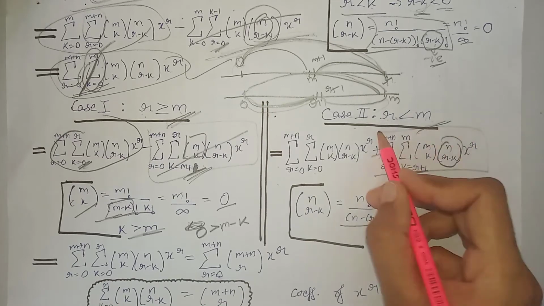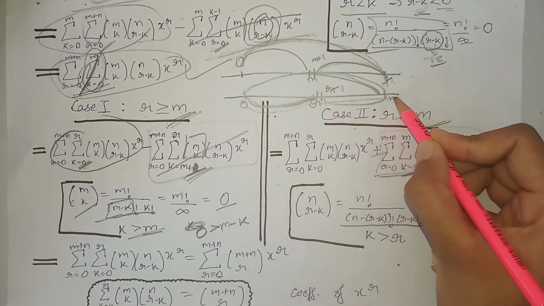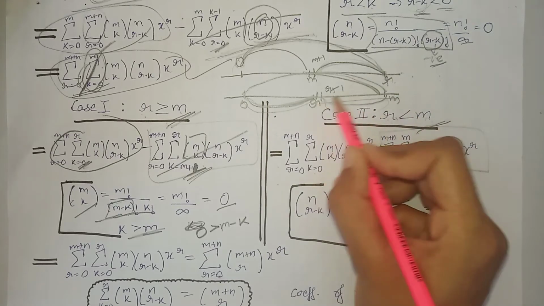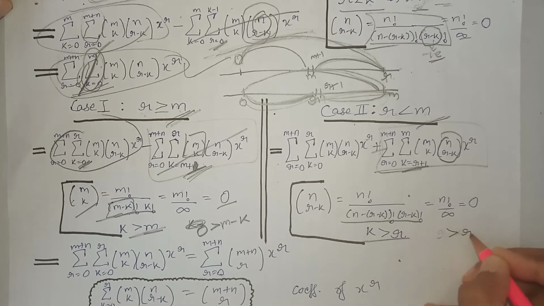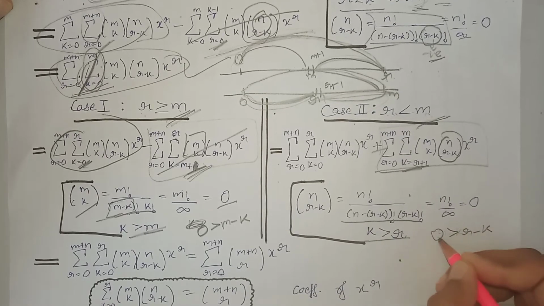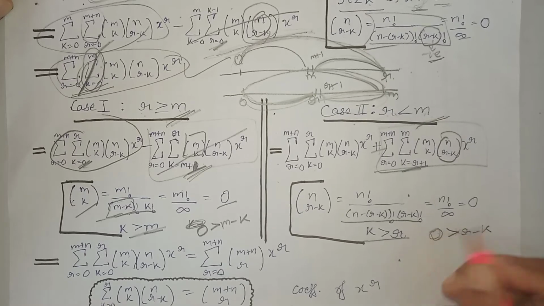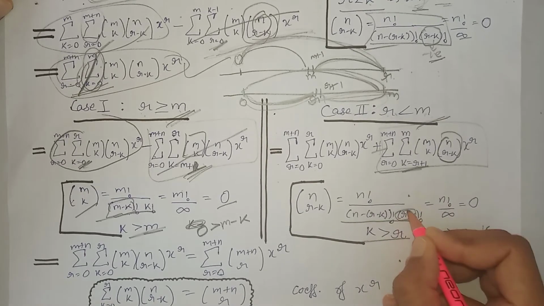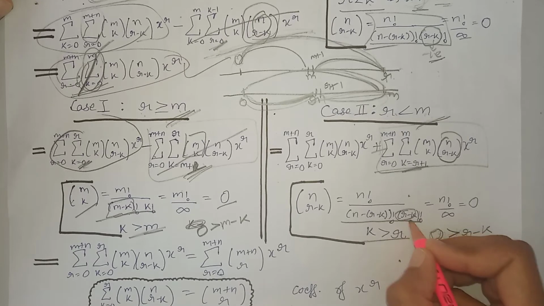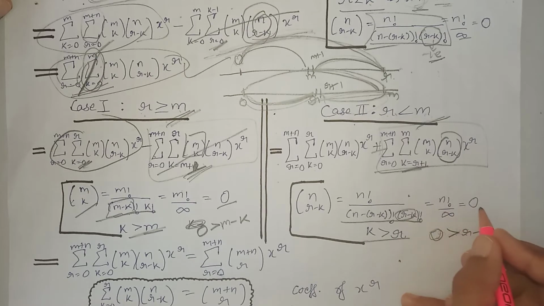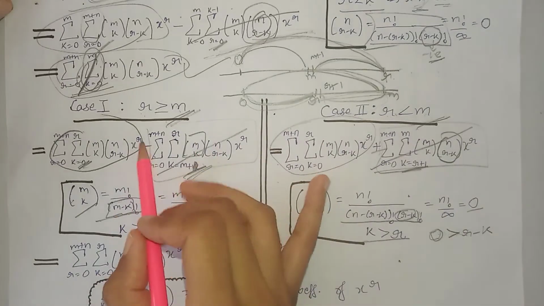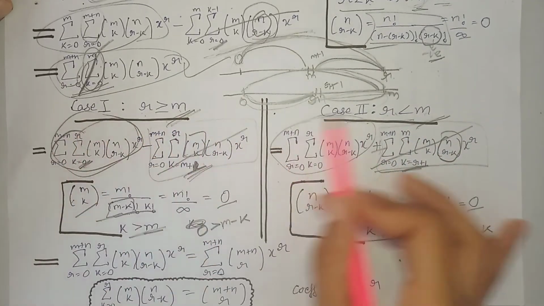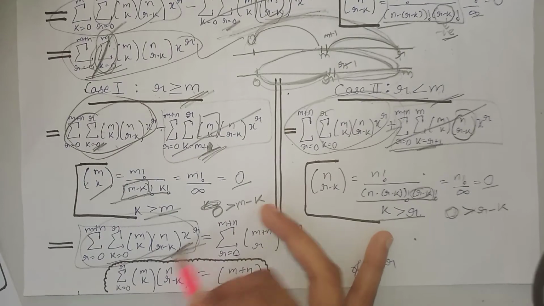We know that in this second term we have this interval in which the value for k is greater than r. On shifting k to this side we can say that r minus k is less than 0. Now again inside the factorial we have a negative term, and we know that the factorial of every negative term is equal to infinity, and something upon infinity is equal to 0. That means this whole term is equal to 0. We are left with only this term. That means in both cases we are left with the same term. So our answer is this term.